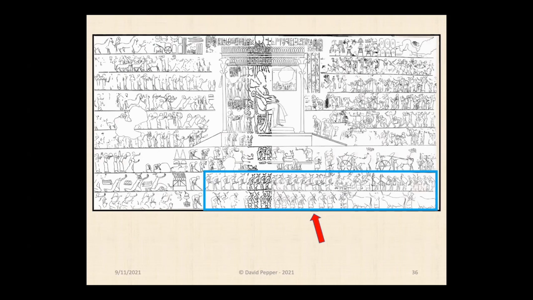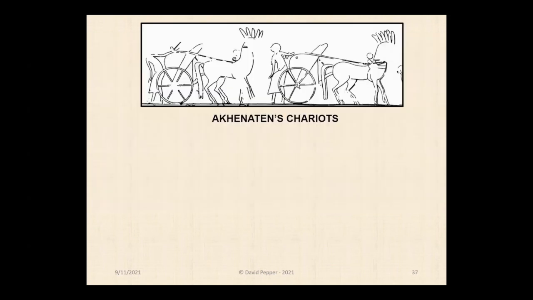Soldiers guard the proceedings, and 3 large bulls are brought to the ceremony in the bottom right corner. 2 of the chariots parked in Huya's scene are shown, probably waiting for the return journey, as I previously mentioned. Here's a close-up of the parked chariots. Attendants hold the horses in preparation for the king and queen's departure.